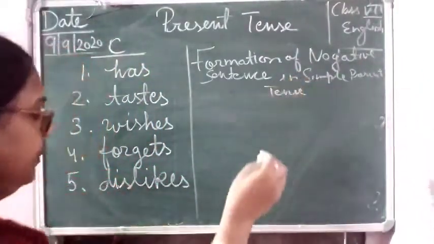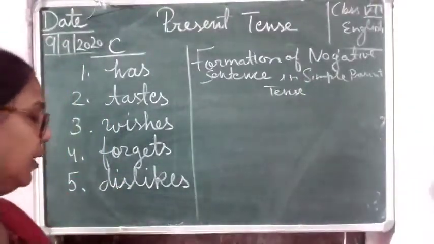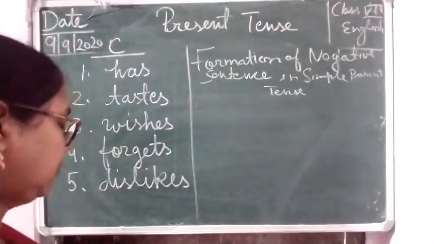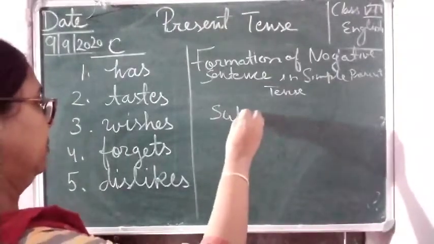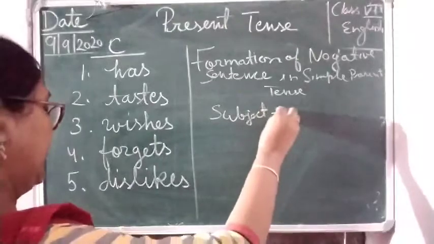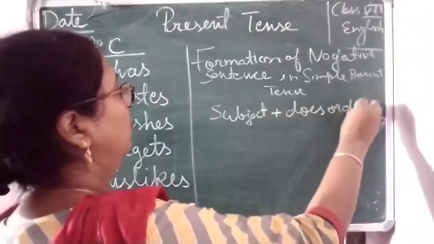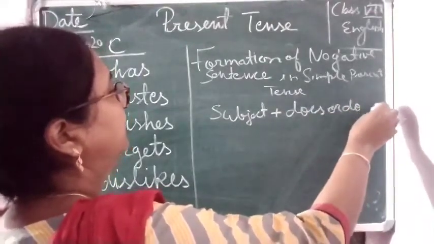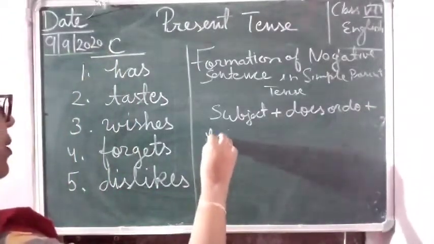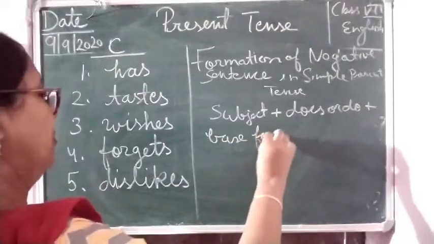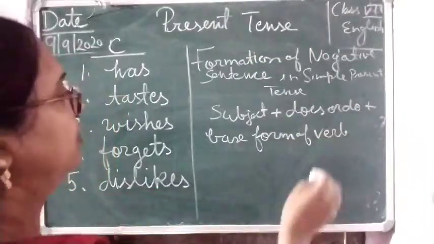So first of all, in negative sentence in simple present tense, we always used, that is, subject plus does or do and plus verb, base form of verb, and then other